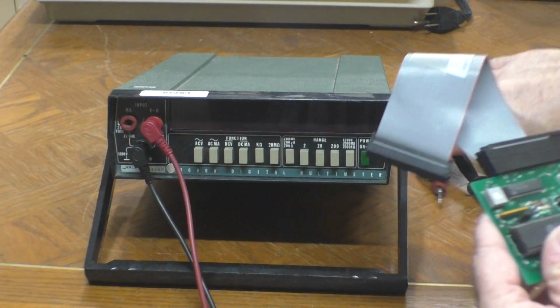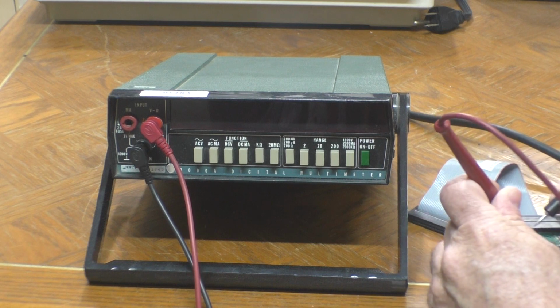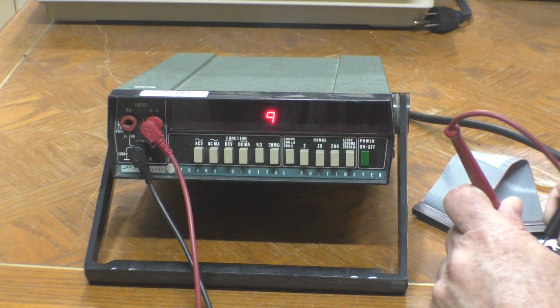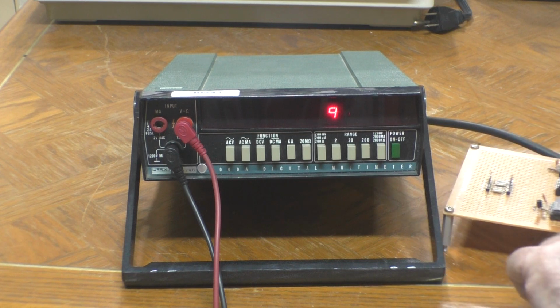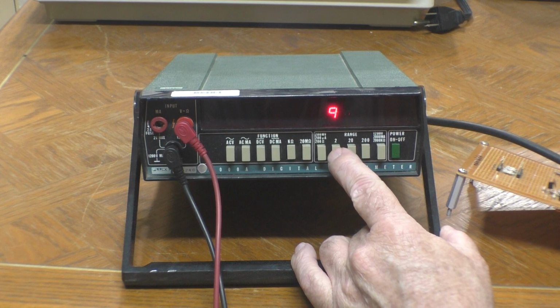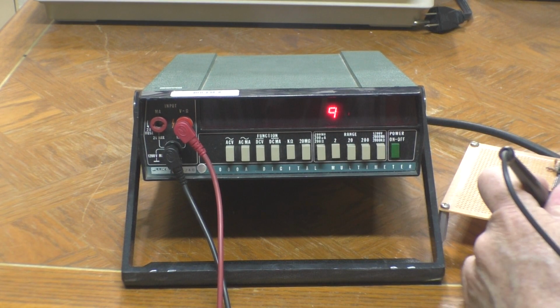Got a random old board here from the box. We'll try measuring a resistor on this board. Yeah, that seems like it's doing the business. Okay, another random board from the box. This resistor here is a 1K. So if we put this on the 2K range,